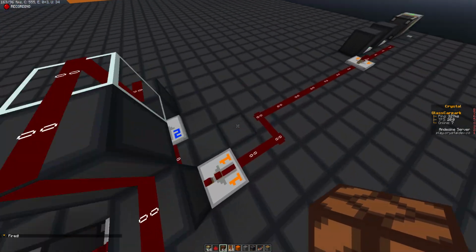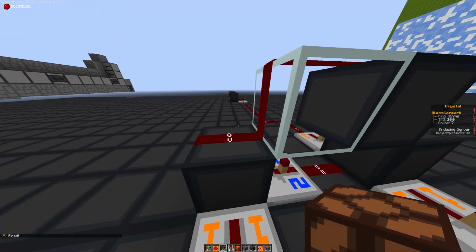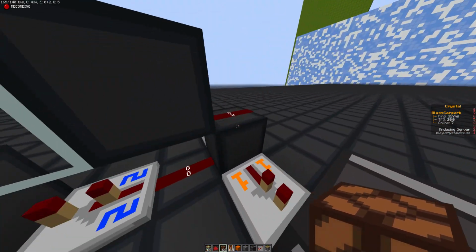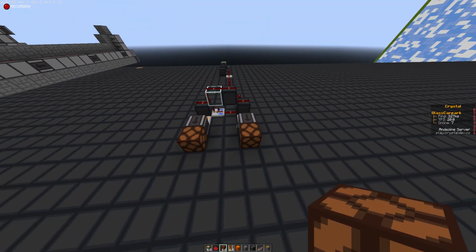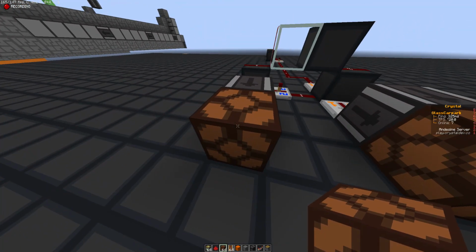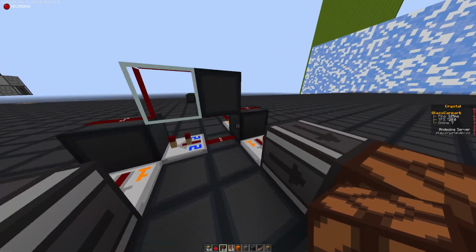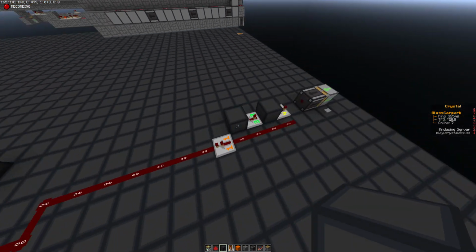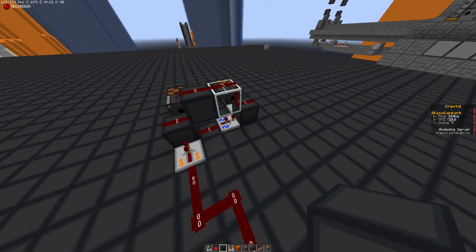But there, yeah, you can see that this one's powering first. 2 ticks later, this one's powering, and then because this circuit runs back over the top and it keeps this block here powered, they both turn off simultaneously because they're both going through that 2 tick pulse extender. So this one's going off at 0, this one's going off at 2, and then they're both going off simultaneously at 9. So basically what we can do from here is, and the reason why I love this setup so